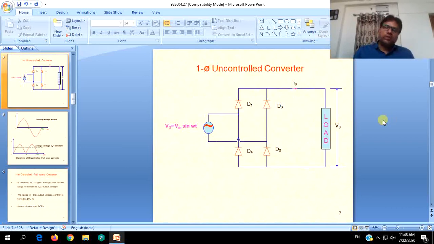So this is a type of bridge converter, a single phase uncontrolled converter, connected in a bridge configuration where only diodes are connected. D1, D2 will be conducting together and D3 and D4 will be conducting together, which we will discuss elaborately in the following discussion in this session. As this contains only diodes, it is an uncontrolled converter. Again the load can be anything, RL or a combination, which is a DC load.